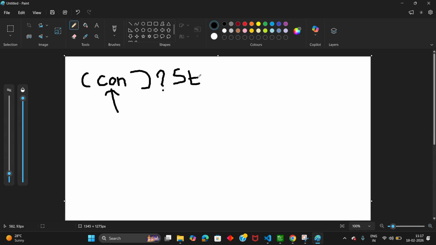Then we write a statement, for example stm_true, followed by a colon and then stm_false, meaning statement false. It means if the condition is false, then the false statement needs to be executed, followed by a semicolon.